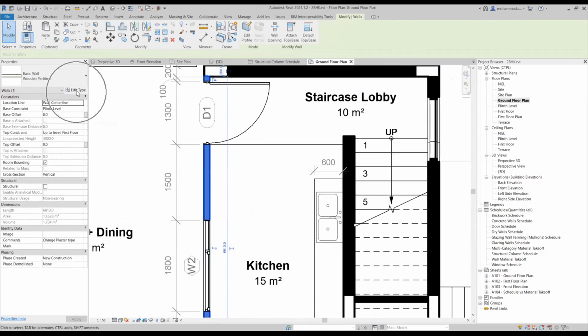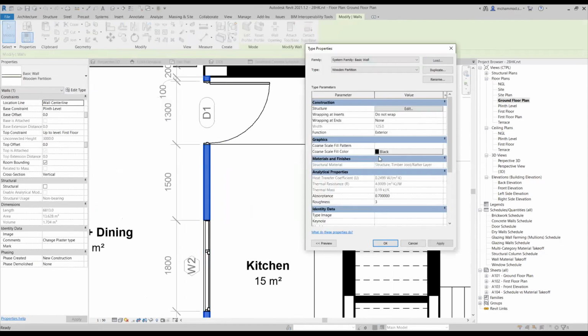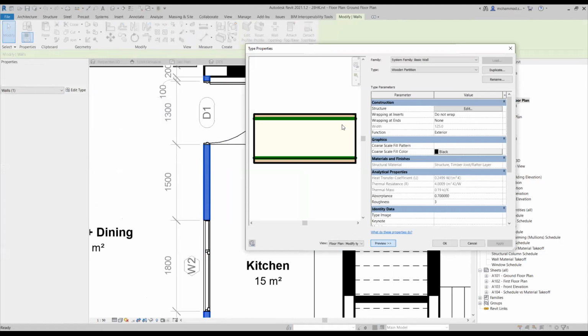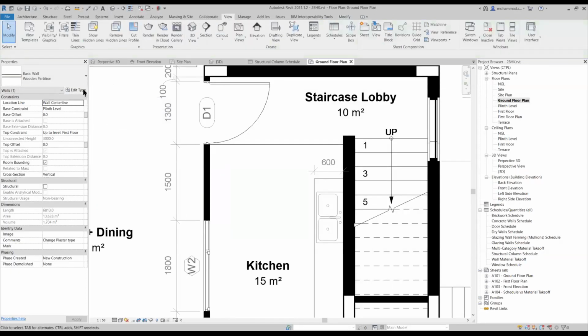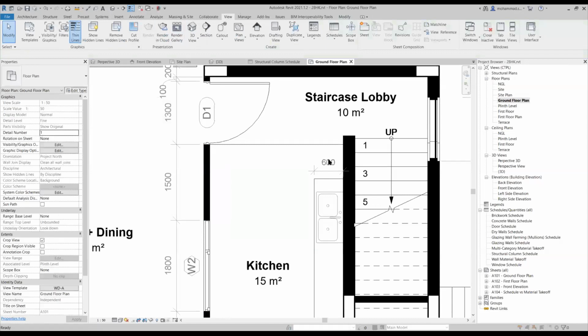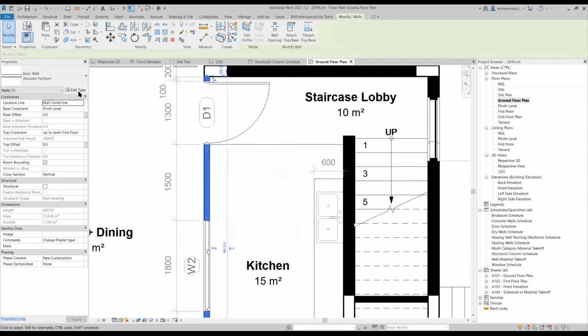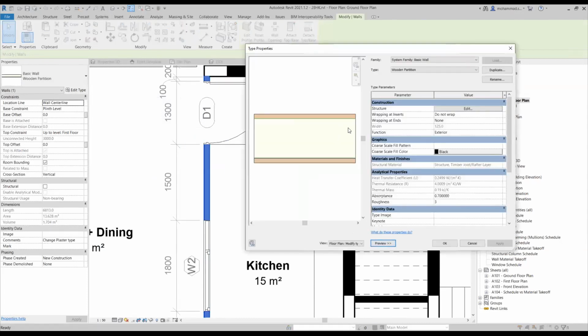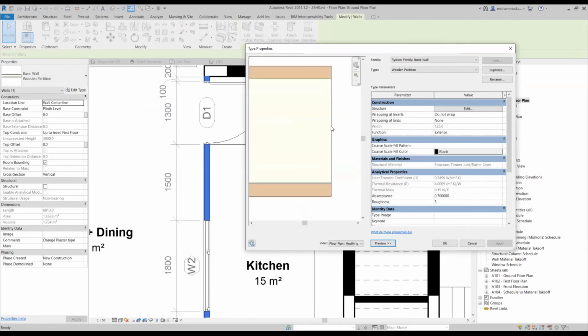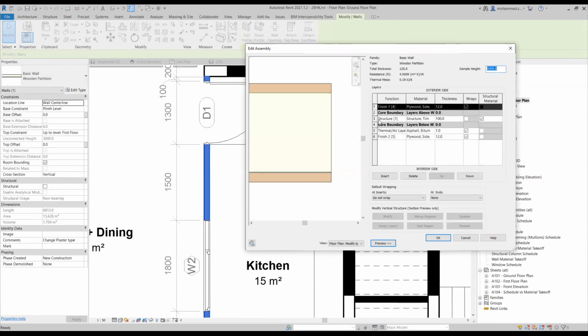And if I get to its properties, as you can notice in this partition wall, I have several layers. Okay, I'll switch off the line weights, to demonstrate it in a better way. I'll select this wall. I'll get to the properties of this wall. And as you can notice, this wall is not of single material. It has multiple layers. If I get to its structure, as you can notice, it has 6 layers in it.